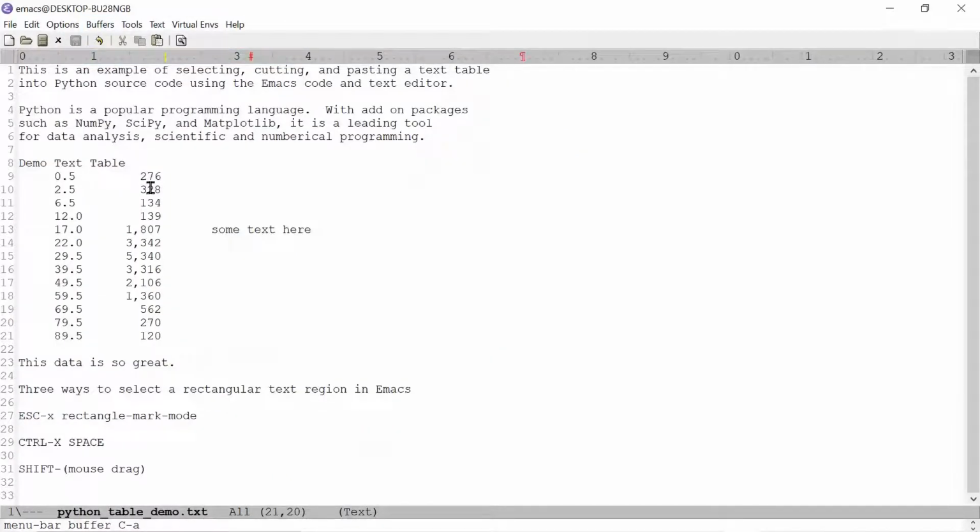So here I have a table of data. This is actually cut and pasted from a website. It could be from an email. It could be from a document, a PDF file, many different sources where you want to quickly cut and paste